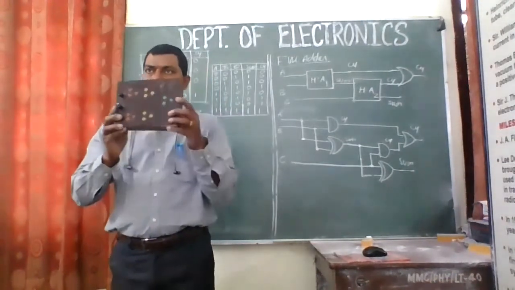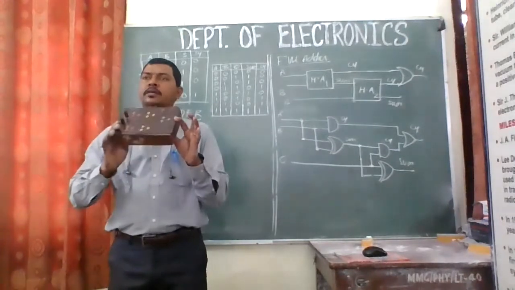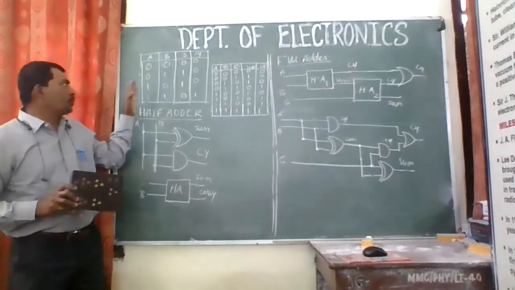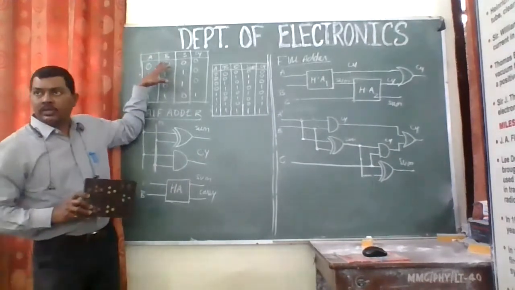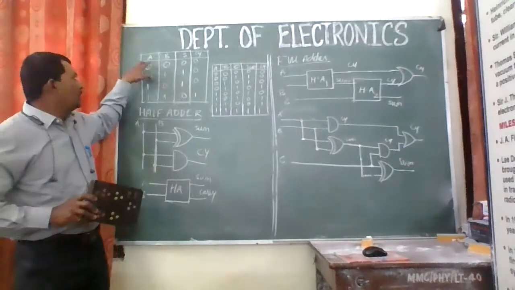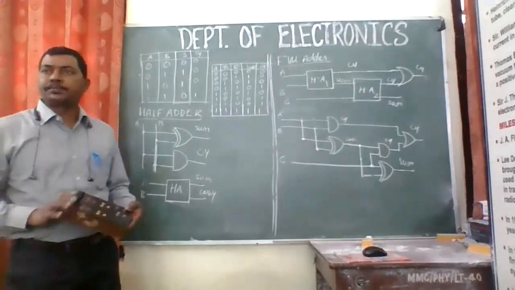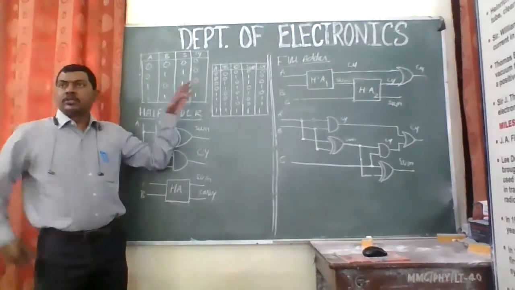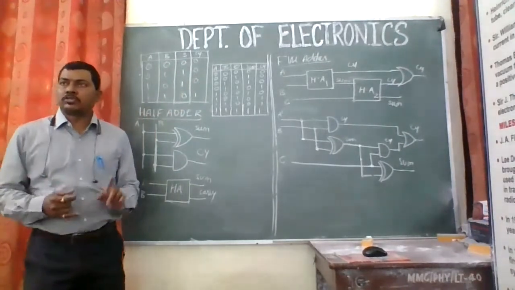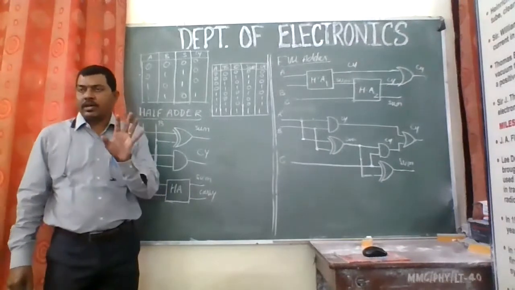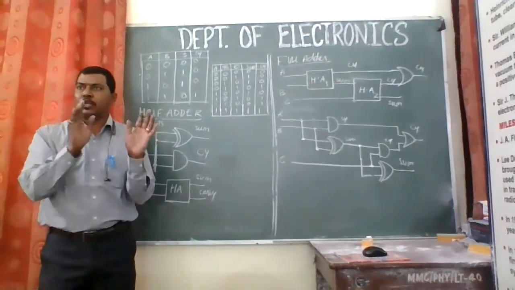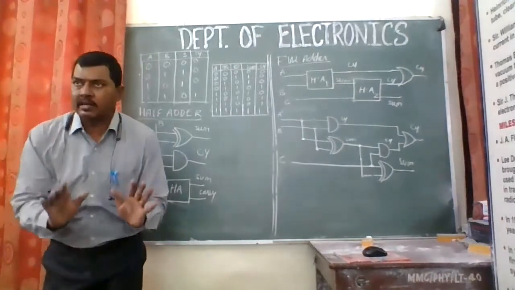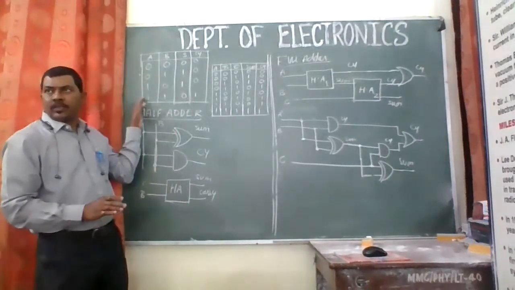So we can implement this on this kit, right? Have you got this? Have you understood this circuit? Again I will repeat, just go through that. So this is the truth table of, say, a half adder circuit. In this half adder circuit we are expecting to have 2 inputs and 2 outputs. The first is called the sum and the other one is called the carry. So I have told you in simple words. We went by the rules. We started with the rules of addition of binary numbers, and we have done this.